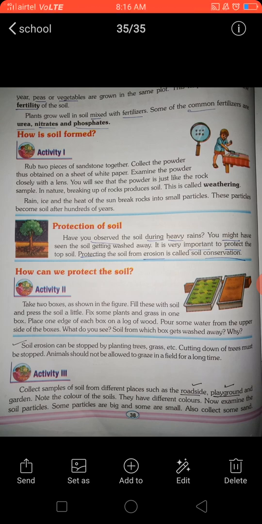In my previous video, I started lesson 8, the story of soil. Let me recapitulate some of the points of this lesson. In this, I explained to you the types of soil, topsoil and subsoil. And soil is basically of 4 types. What are the types I mentioned? Sand, gravel, clay and loam.